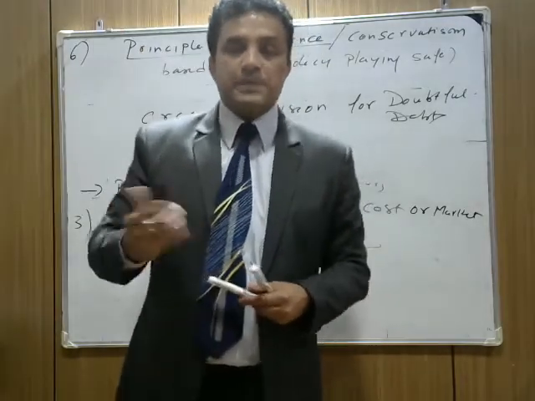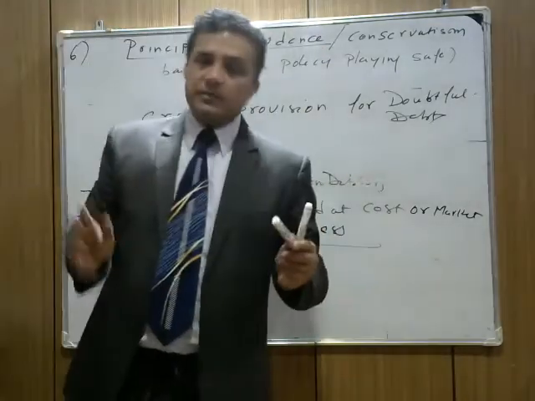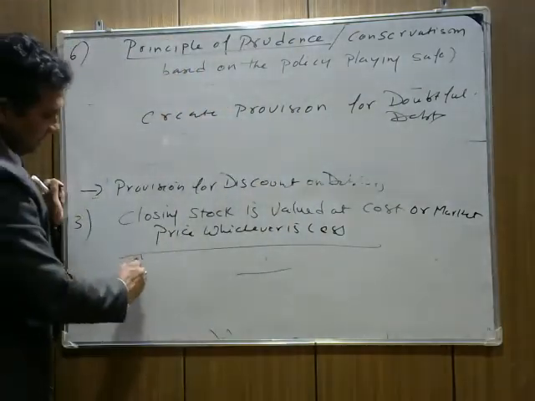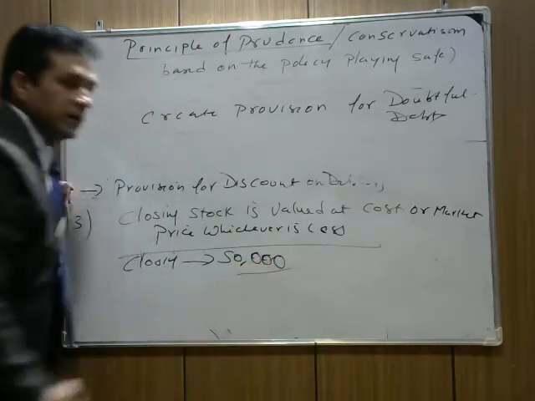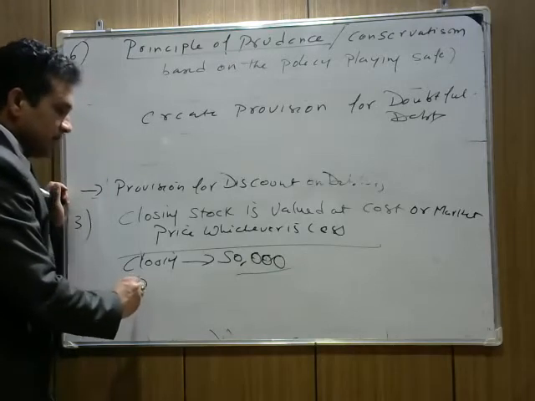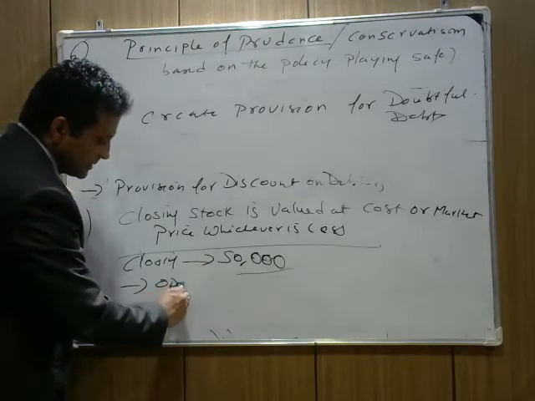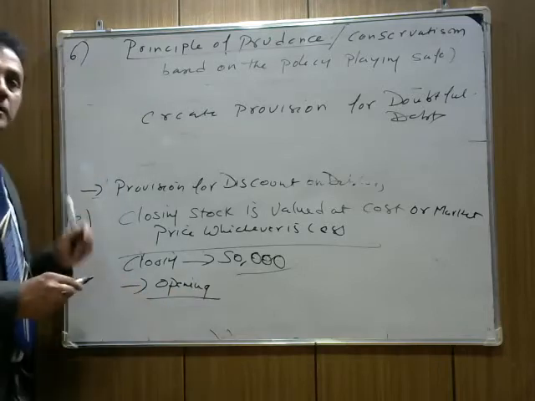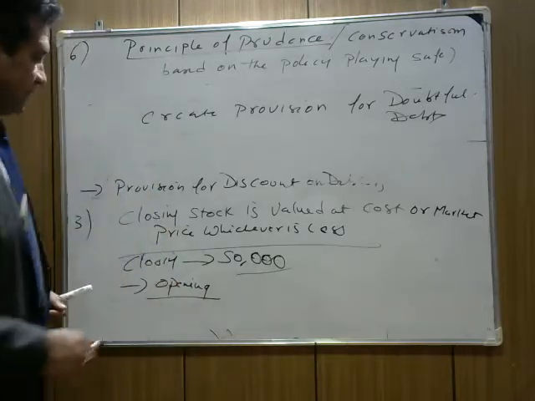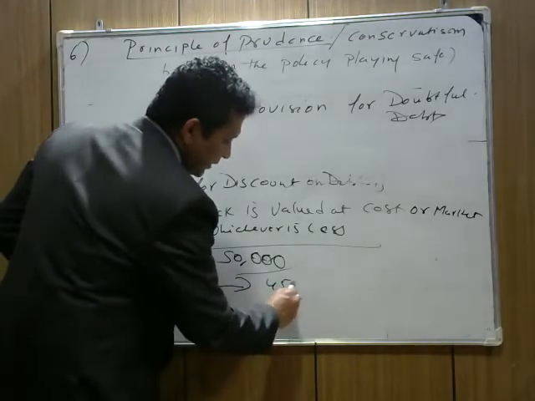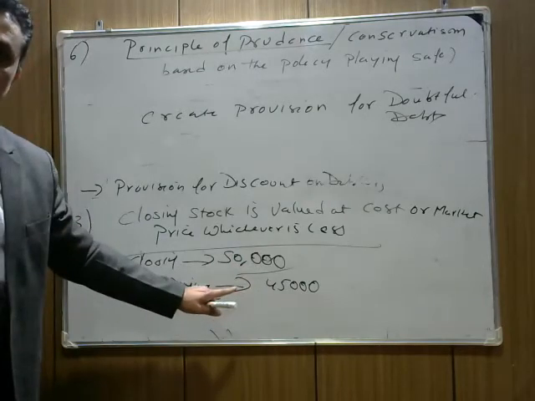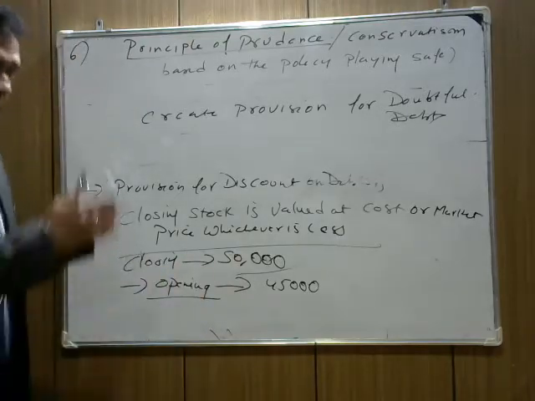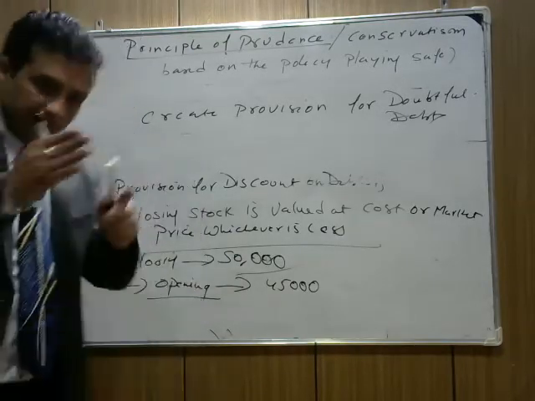What is my closing stock? The stock which is left unsold till 31st March. Now this stock can be utilized on 1st April. But this stock was not sold till 31st March, that's why it is closing stock. Now, suppose the value of closing stock as per your books is 50,000, but due to technical things, when you take the opening stock at the beginning of next year, the value of this stock is 45,000. Then you measure 45,000, not 50,000.